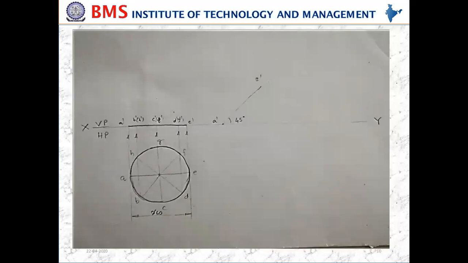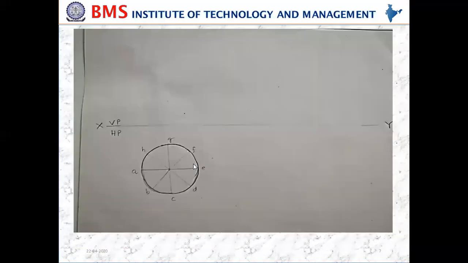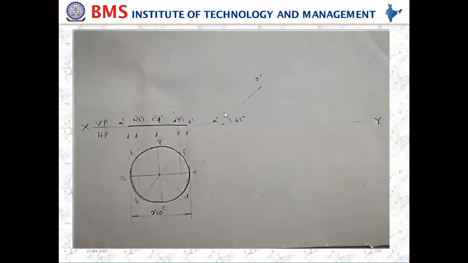Next. Once you have drawn this front view, it has to be rotated to a given inclination. What is the lamina inclination given? It is given that the lamina is inclined at an angle of 45 degrees to HP. So it means that we need to draw the lamina. Lamina rotation is nothing but line view rotation. So you need to rotate the line view to the given lamina inclination. When the lamina is inclined at an angle of 45 degrees, then the line view has to be rotated to the given inclination, that is 45 degrees.